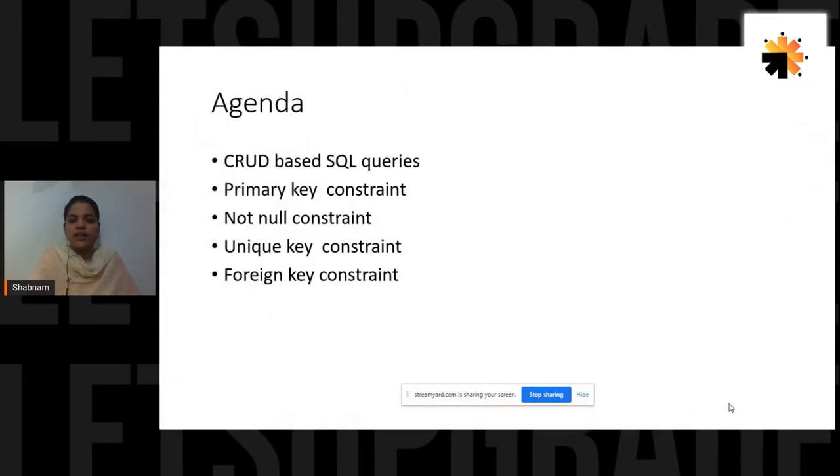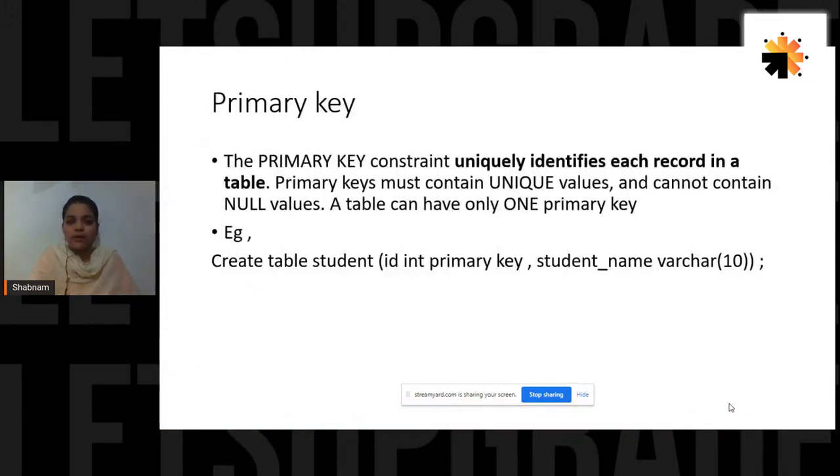Okay, so starting with the agenda of primary key constraint for the day today. If you could read, primary key constraint uniquely identifies each record in the table. It must contain only unique values, and also it cannot contain null values. Somebody was asking in the chat yesterday the difference between null, zero, or some spaces. No, space and zero hold value. Even on a number scale, zero holds value. Am I right? Don't you say minus one is less than zero? That means zero has some magnitude. Zero holds value. All the negative numbers are lesser than zero.